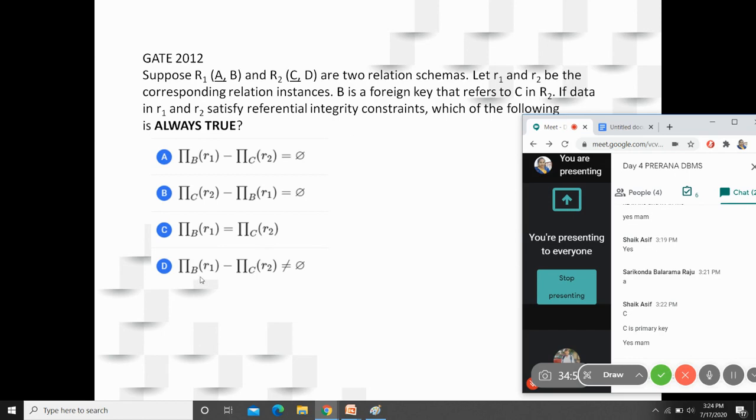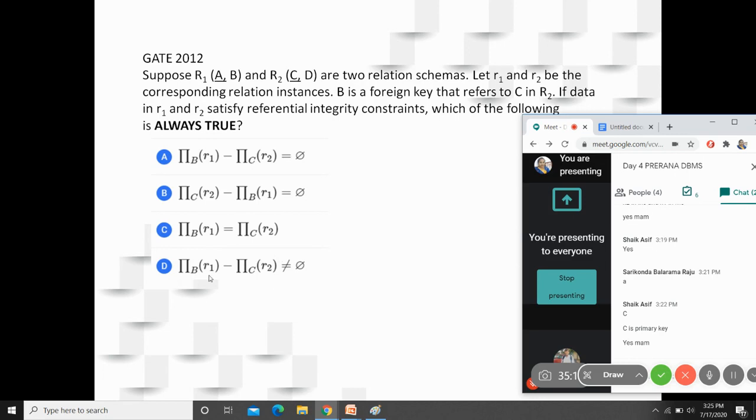Then projection of B from R1 minus projection of C from R2. Again the same case. Here with B, you are doing C from R2. Here you are doing B from R2. But the thing is, you are saying that it is not equal to pi.